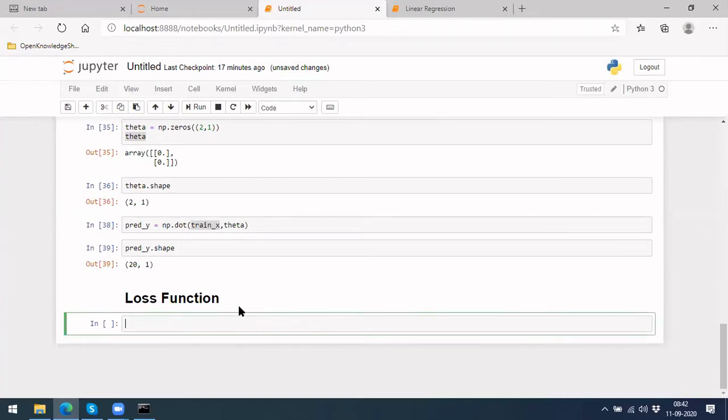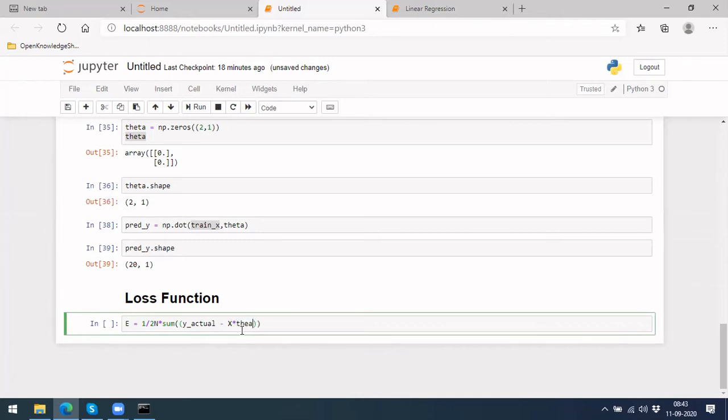If you remember, we have taken something like error equal to 1 divided by 2m into sum of, it's not code, just for mentioning it here I am writing it, sum of, and you have squares of y actual minus y predicted, which is x into theta.